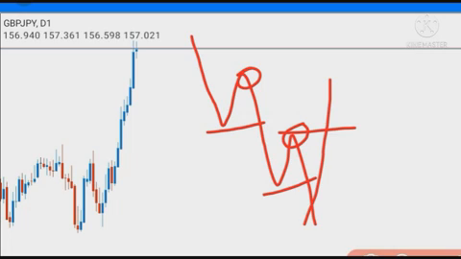Once you can get to know this structure, you train your eyes to see the structure on your chart. That is the beginning of trading like an institution. Very, very important. And I'm going to show you these things on the chart in a moment. That's the first thing we need to talk about.